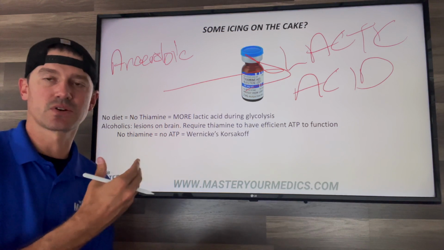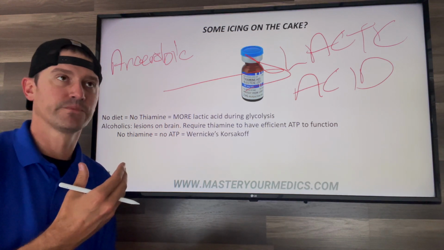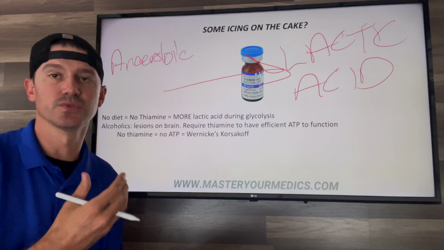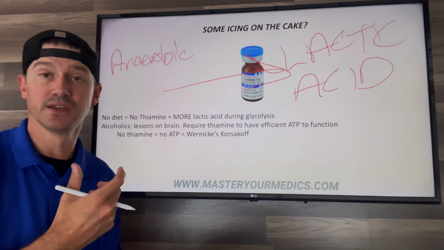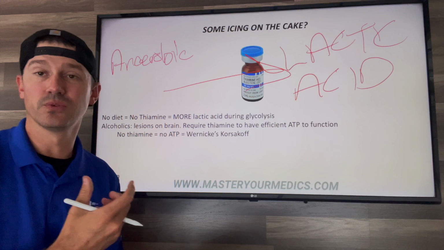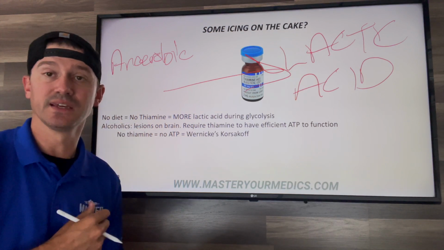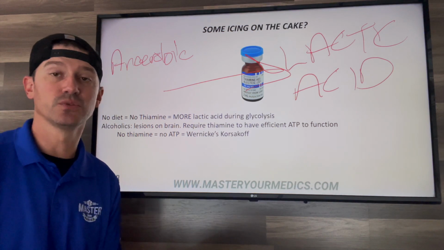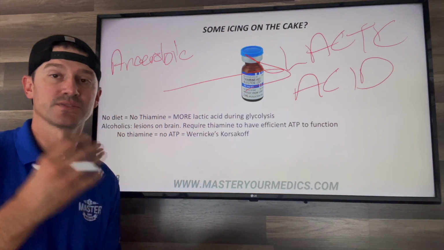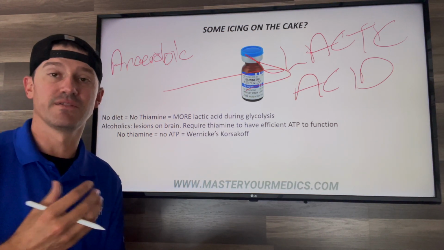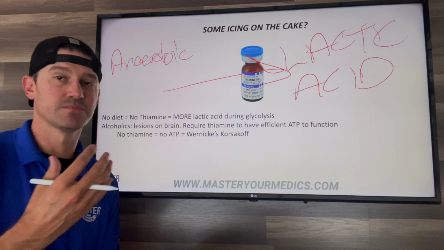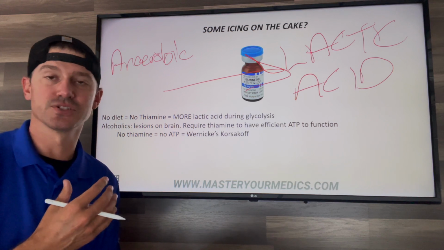Okay, so in these alcoholics, the big issue with Wernicke's is that alcoholism can cause lesions on the brain. So those parts of the brain aren't functioning well on a normal day. So in these states of hypoglycemia with a sudden change in glucose without that thiamine, it's also going to make those parts of the brain not function well. So increased acid levels are causing just some major cellular malfunctions in that brain.